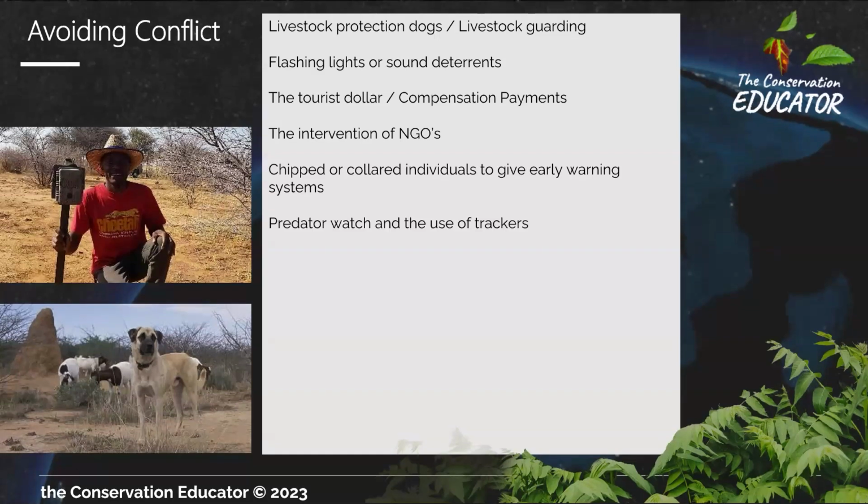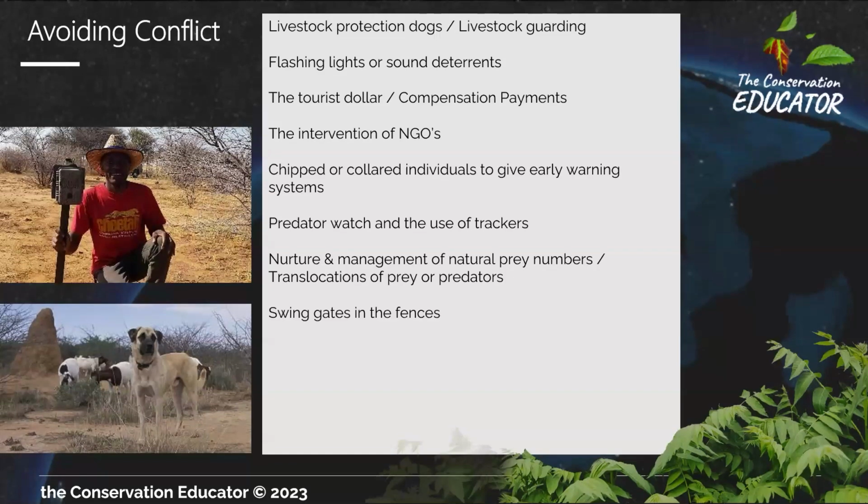Predator watch and the use of trackers. We spoke of the Waso Lion Project. You've got your lion guardians. This is employing community members to understand where the conflict may happen. You've got to nurture and you've got to manage your natural prey numbers. Those are two different things. Nurturing, making sure what's already there continues to live. Managing might involve translocation, but it might also involve culling if there's too many prey and too few predators,